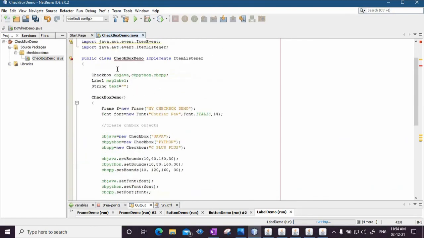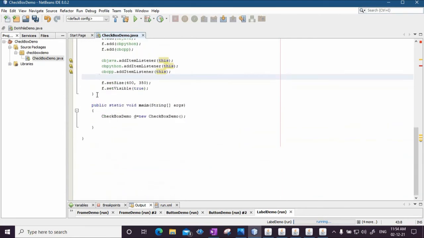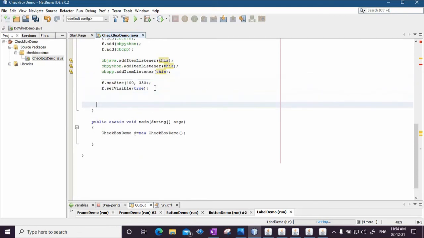Our class is the checkbox demo class, so we'll have to implement those methods. So the very first method which we are going to implement is the item state changed method.